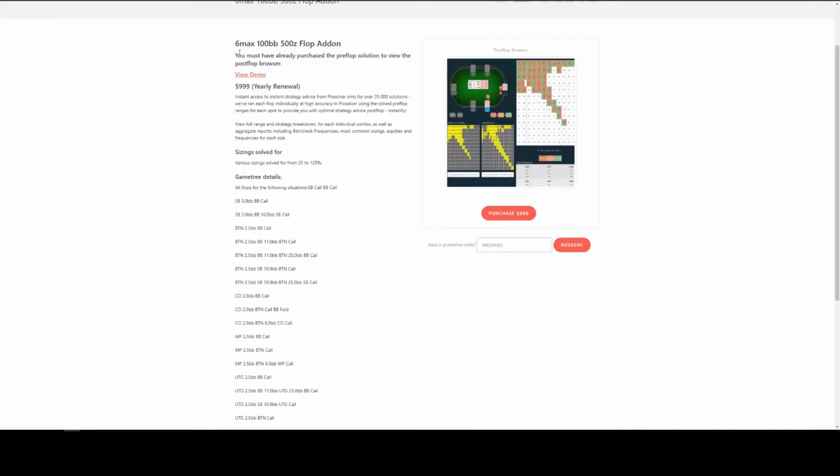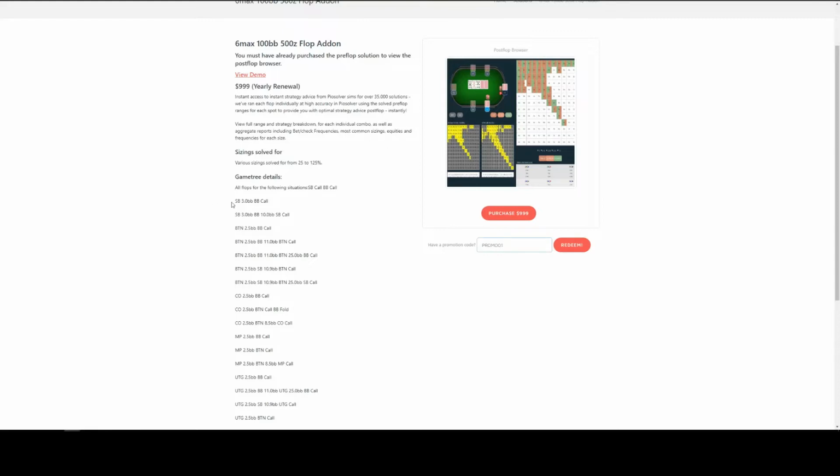So just looking at the 6 max 100 big blinds that we'll be looking at today. We've currently got in the database 21 spots available, and each of those spots has all flops solved.